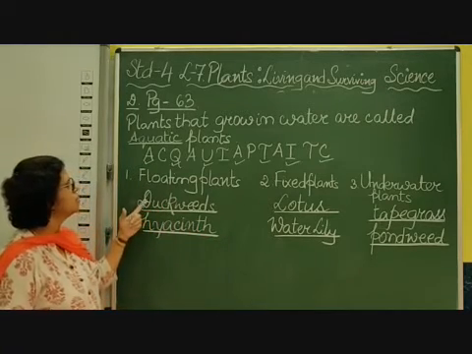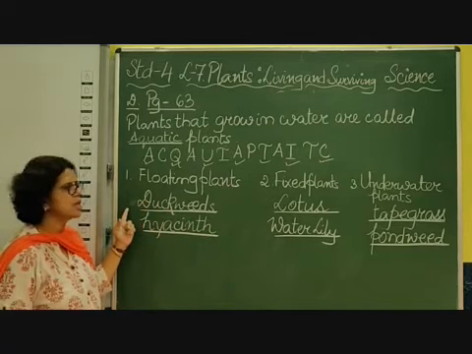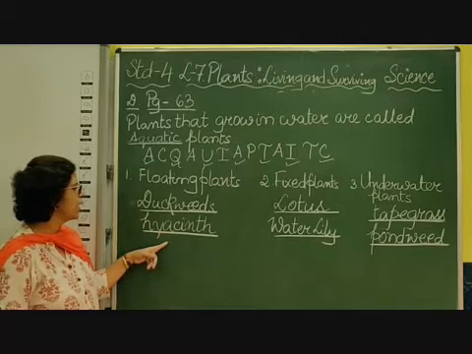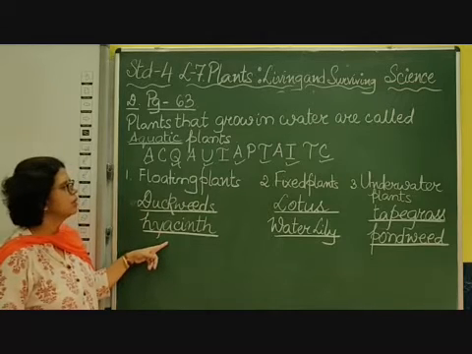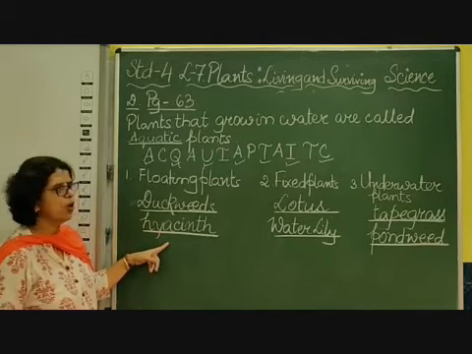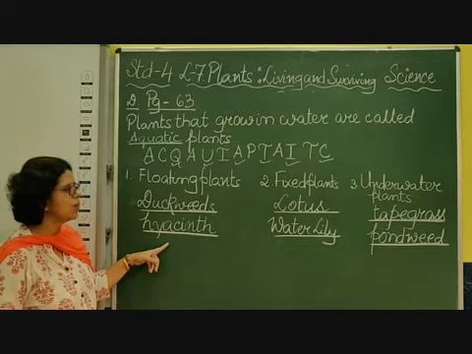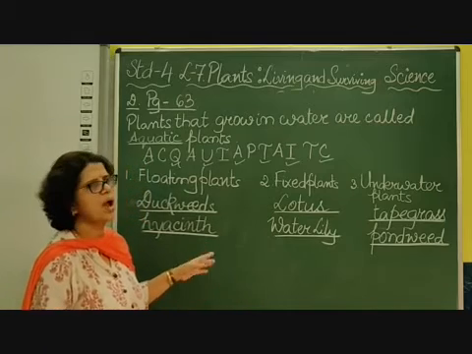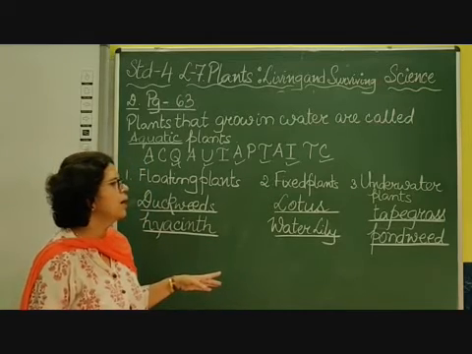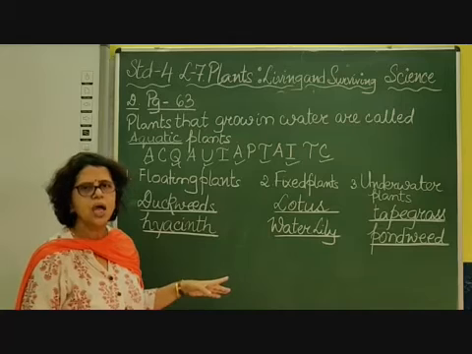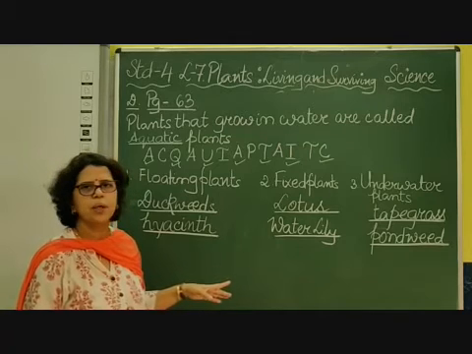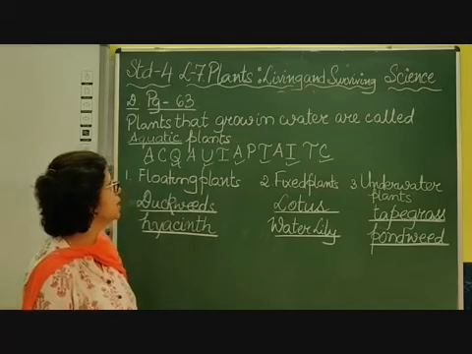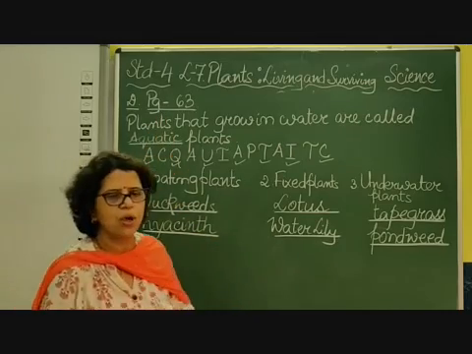So whatever it is, floating plants: duckweeds, D-U-C-K-W-E-E-D-S, hyacinth, H-Y-A-C-I-N-T-H. Fixed plants: lotus and water lily, L-O-T-U-S, lotus, W-A-T-E-R L-I-L-Y, water lily. And underwater plants, you have tape grass and pondweed, T-A-P-E, tape, G-R-A-S-S, grass, and pondweed, P-O-N-D-W-E-E-D, pondweed. So please write it on page number 63 of your question number